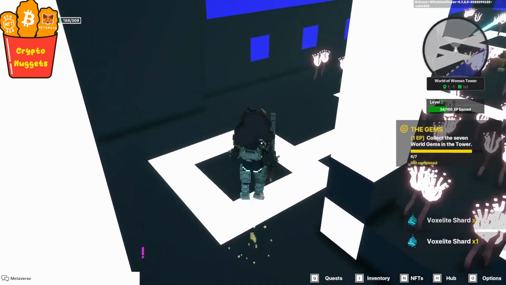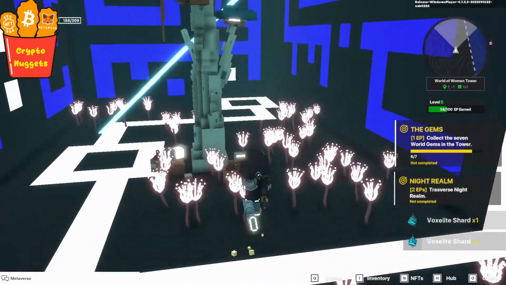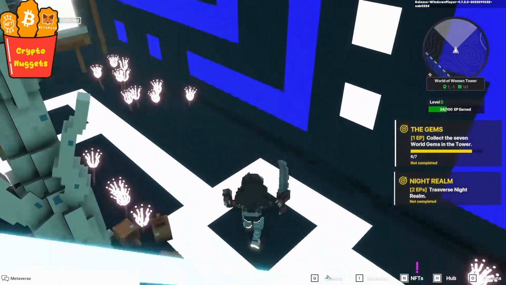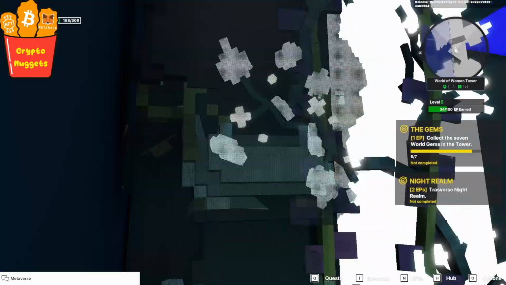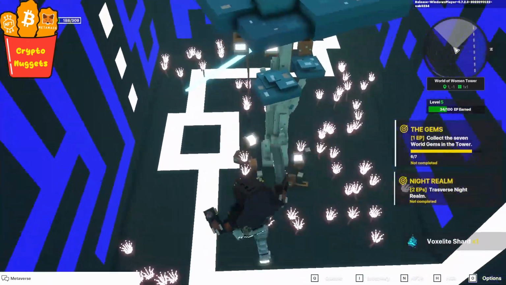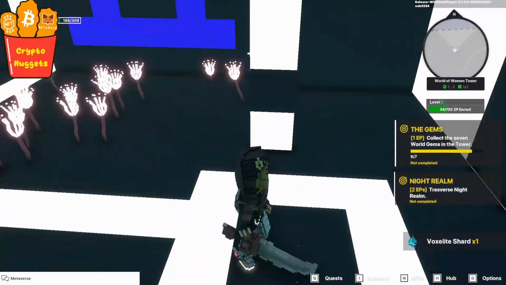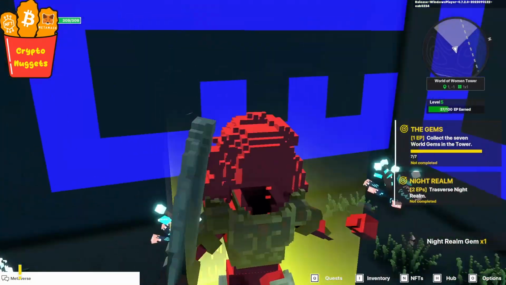Now this puzzle, what you're going to have to do is jump into the squares in a particular order. The first one is the one closest to the back. The second one, you'll need to climb up the vines on the wall, up to this platform, jumping in the square, and then you could drop down and step on the other two. 3, 4. Then once you've got all of them, the Night Realm gem spawns in, you grab it, and then